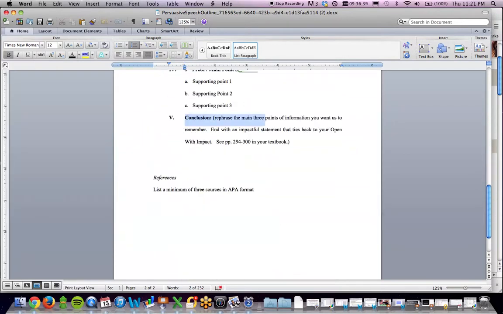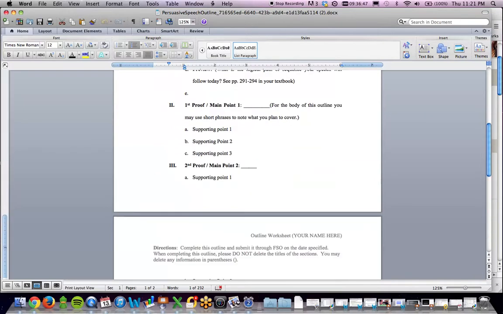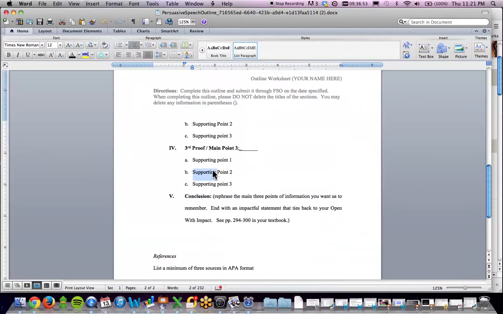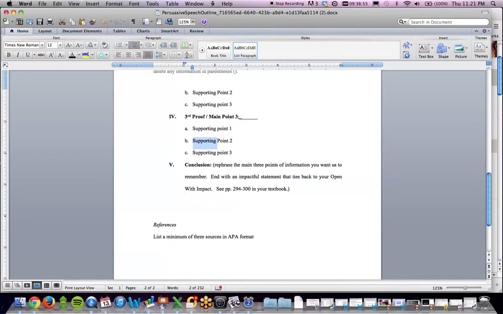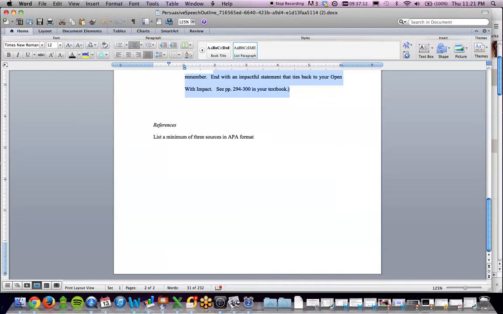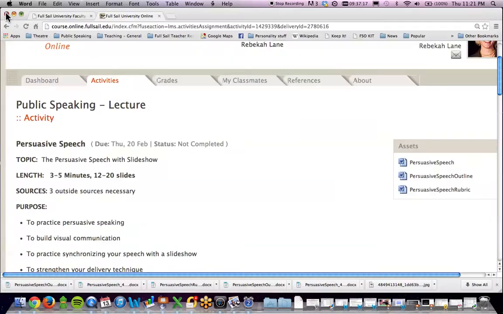So finally, let's go to that conclusion. Now, in the persuasive speech, you do want to summarize your 3 main points, and I like to think of this as picking your favorite fact, like picking your favorite moment from main point 1, your favorite moment from main point 2, remind me of your favorite moment from main point 3, and then remind me why you were talking, remind me of your thesis. And finally, in the persuasive speech, you will want a call to action. You're going to want to tell us what you want us to do, and we want it to be as concrete and tangible as possible. All right, here's where your source citations go, and that is exactly what I'm looking for. You'll be working with this outline a couple of times